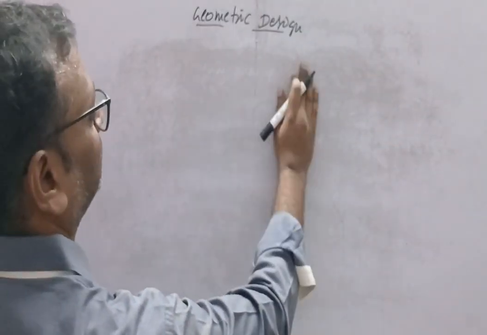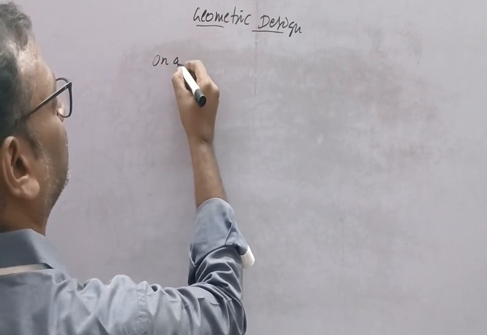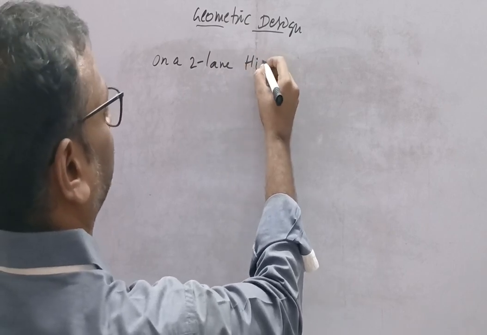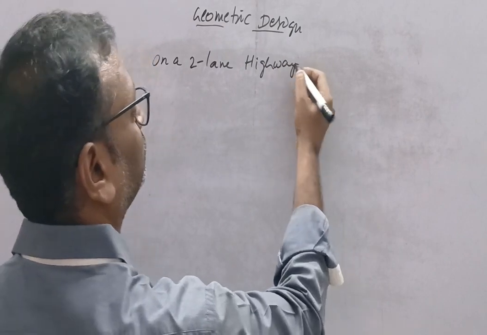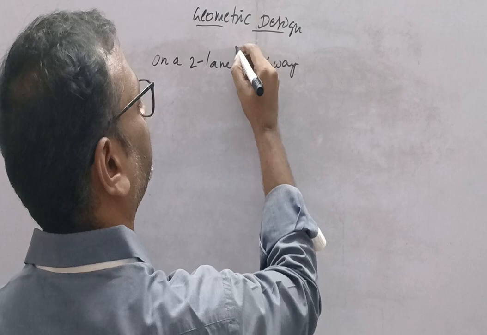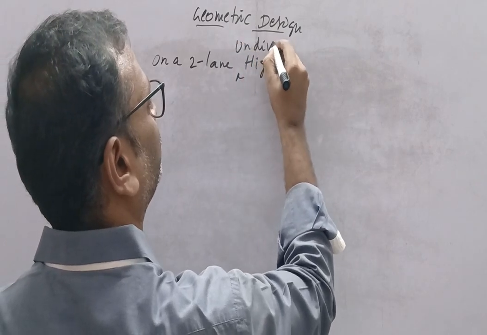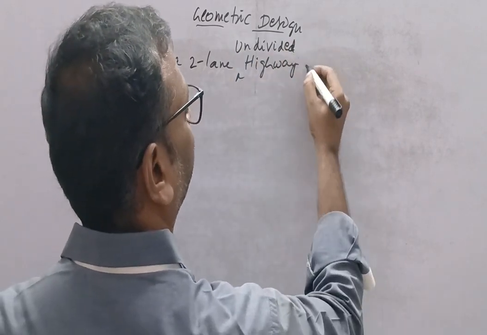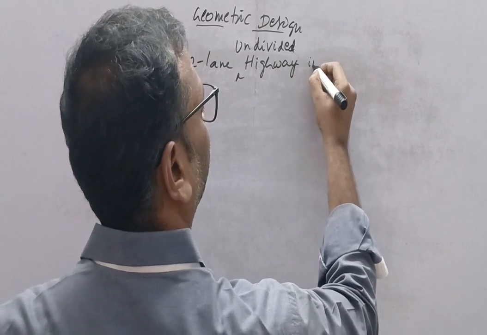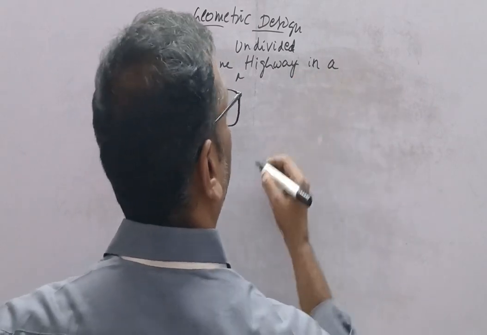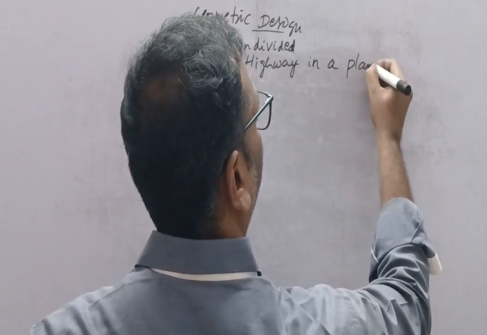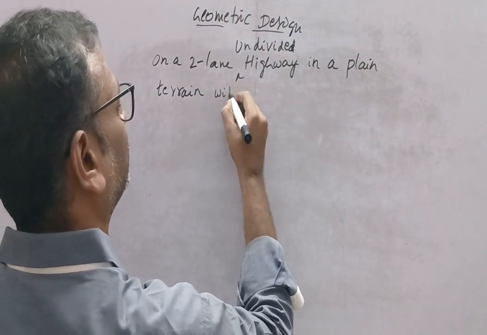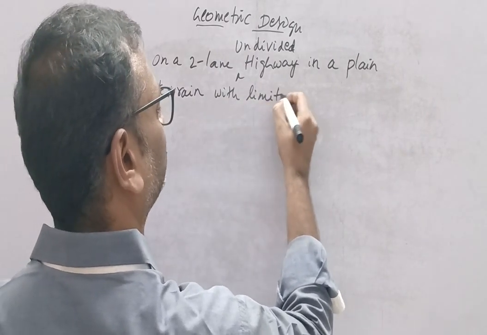So the question may be like this: on a 2-lane undivided highway in a plain terrain with limiting design speed,